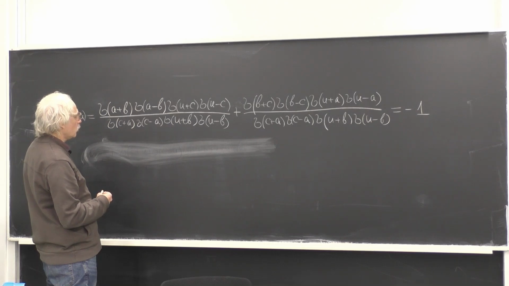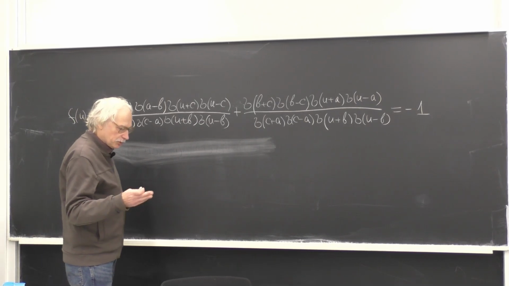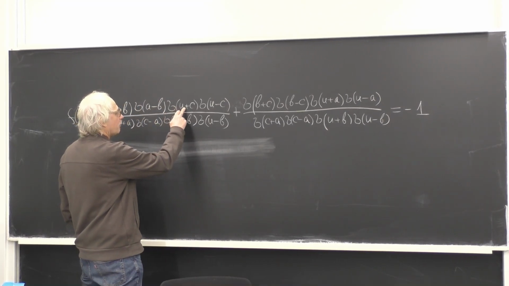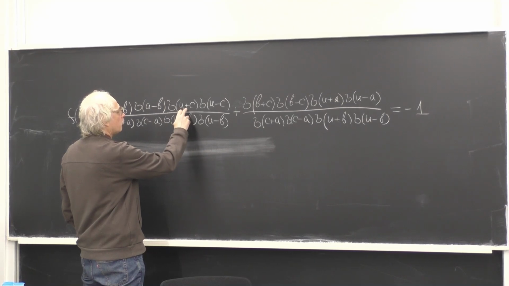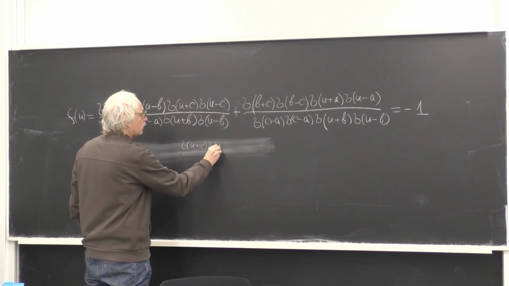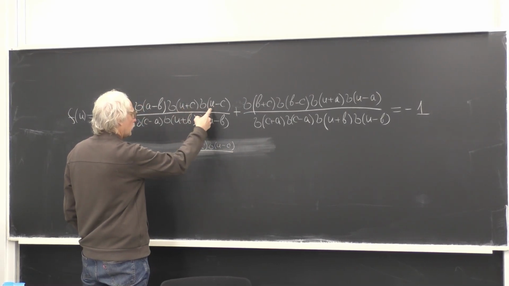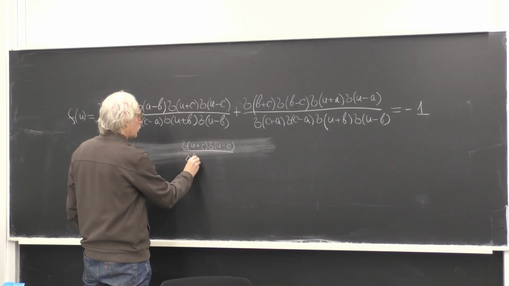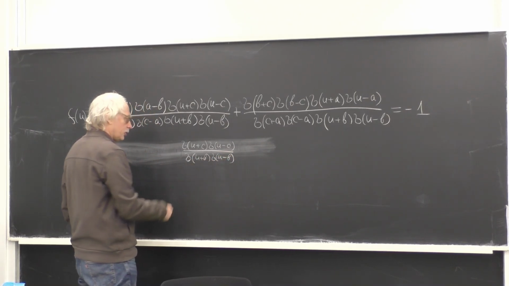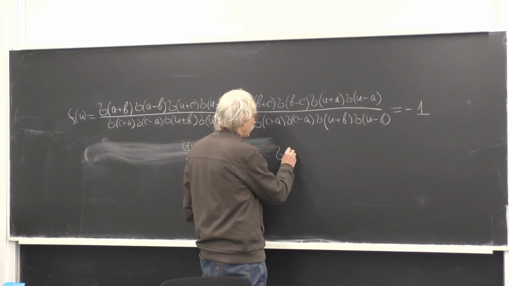First of all, we note that it is a double periodic elliptic function of u. Indeed, we have sigma of u plus c, sigma of u minus c in the numerator, and in the denominator we have this. So if we recall that sigma,